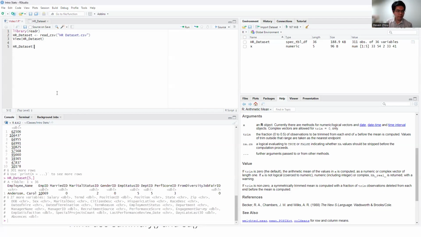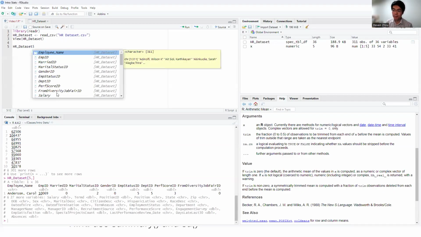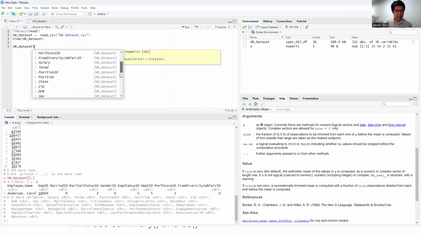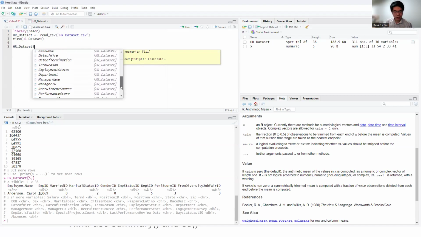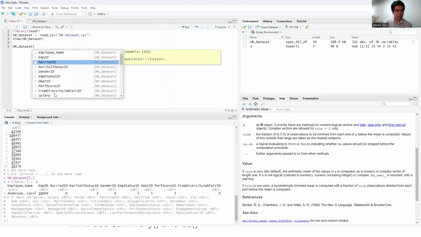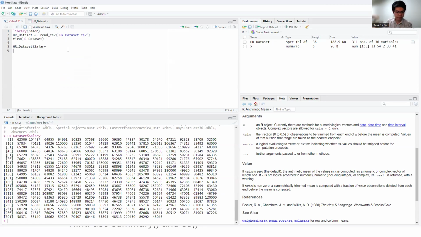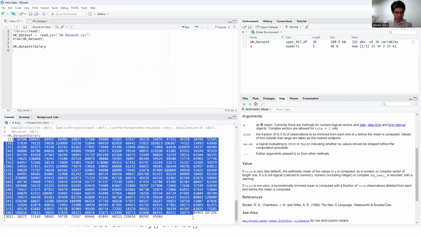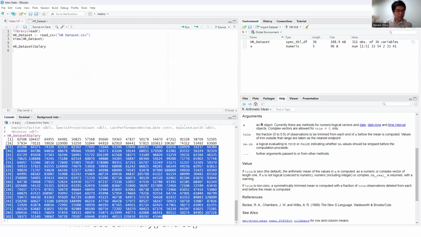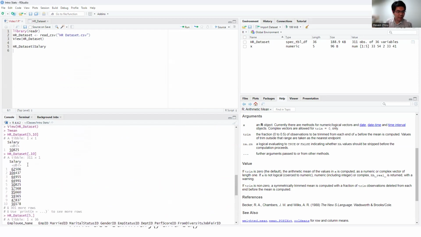The second way to do it is to use the $ and to type in the column name. Luckily, RStudio is pretty intelligent. It tells me right away, here are the column names. Which one do you want? So you can click on it here, or you can just type it in yourself. What this does is it gives me all the rows for column salary, and it pulls it up so that you can see all of it at once. So it's the same thing as blank comma 10, but it just pulls it up differently,